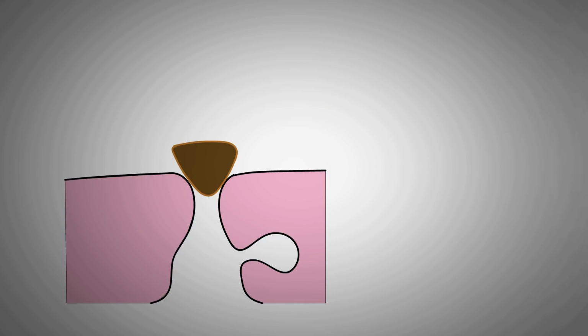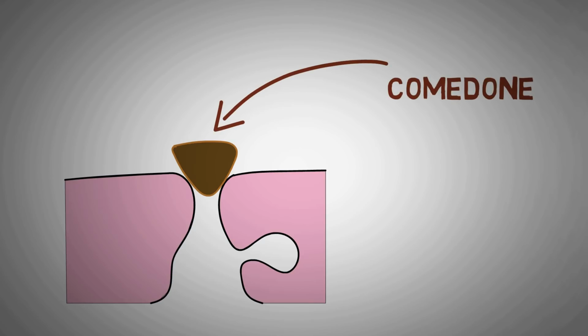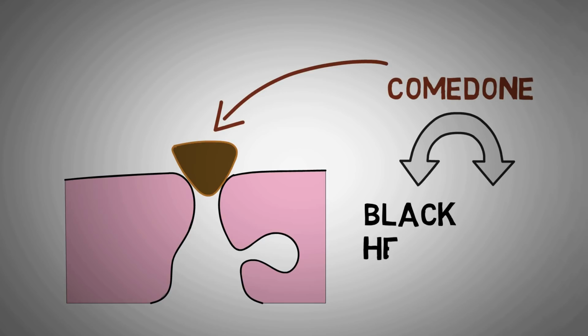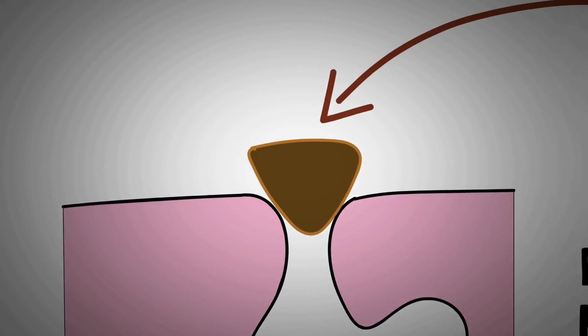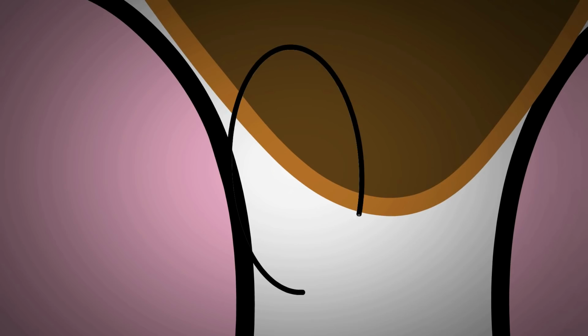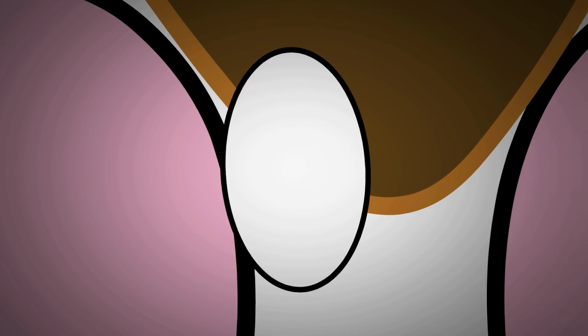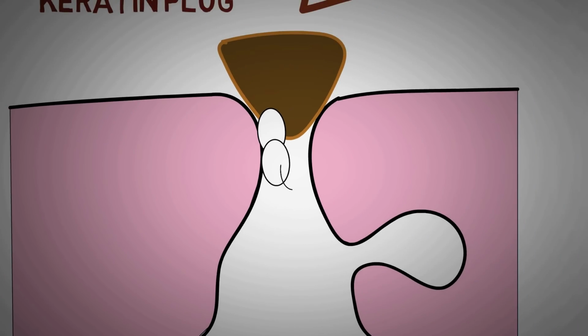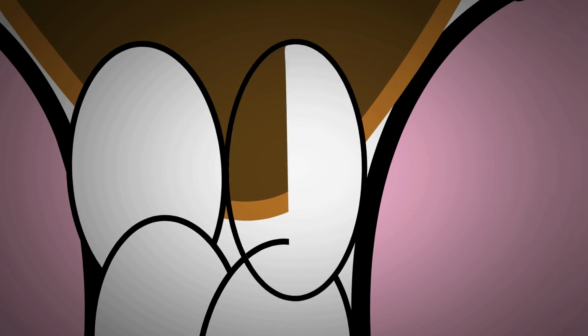Now what happens is that when glands produce too much oil, the pores can become blocked and dirt, bacteria and cells build up. The blockage is called a plug or a comedo. If the top of the plug is white, it is called a whitehead, and if the top of the plug is dark, it is referred to as a blackhead. The black color is due to a keratin plug that gets fixed on the pore of the pilosebaceous unit. A whitehead is due to a small collection of pus in the follicle opening.